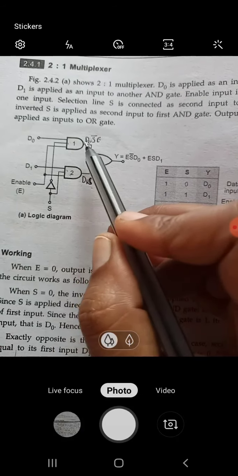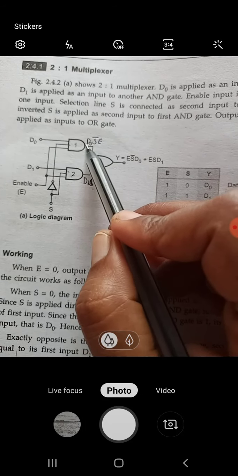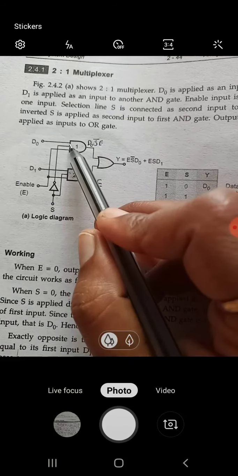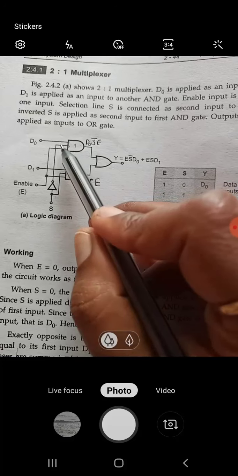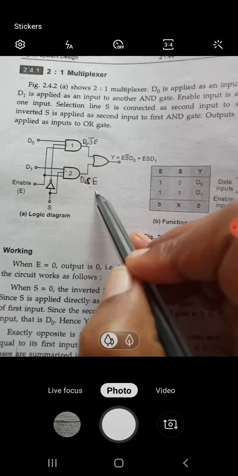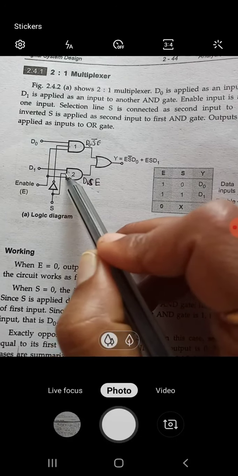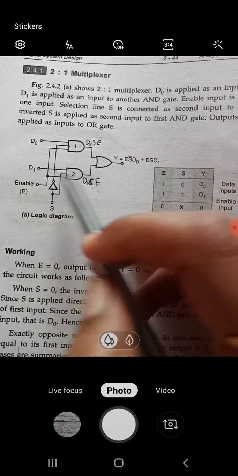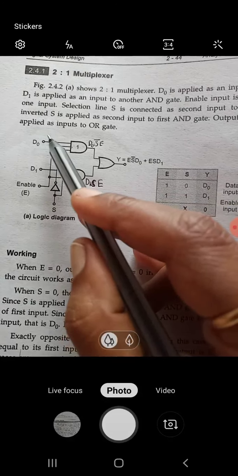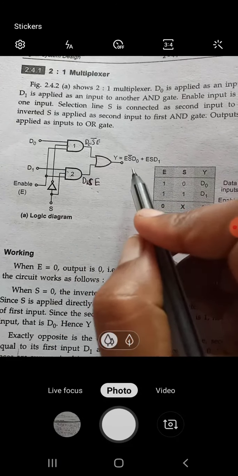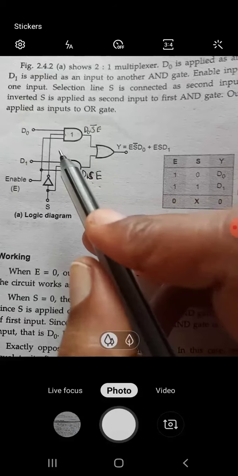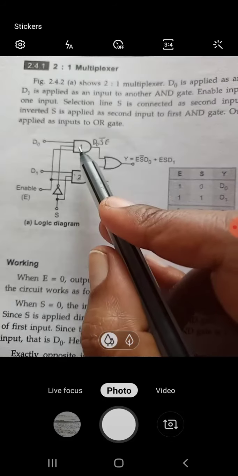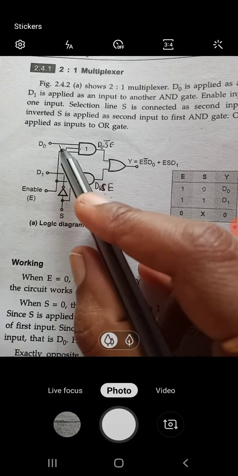This gate is active when this signal is 1. If the signal is 0, this output is disabled. So this is enabled only when you have select line equal to 1 over here. Therefore I call this a 2:1 multiplexer, that is, you have 2 input lines and 1 output line. Now I will tell you what it is over here. This is the AND gate. If you see the outputs, what do you have?